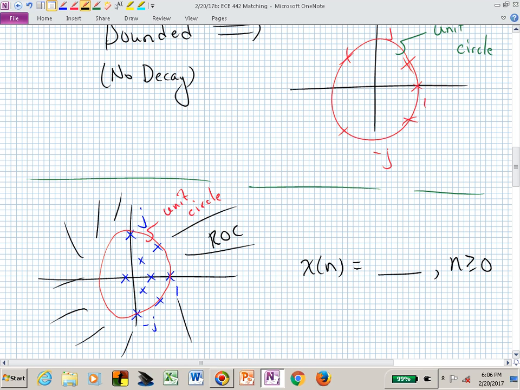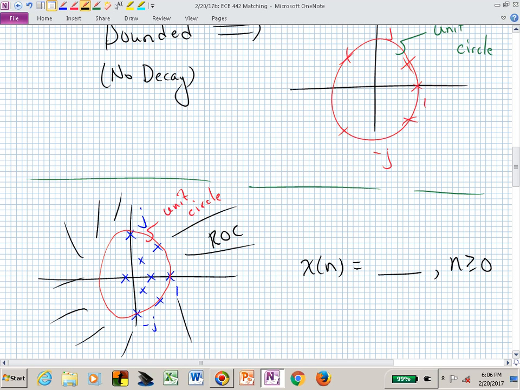What's it going to do? We're going to have many modes, yes? We have modes due to every pole, and the modes that are complex conjugate are going to be sinusoidal, but the ones inside the unit circle have a decay, correct? They're exponentially decaying sinusoids, sinusoids being cosines and sines. So all of those poles inside the unit circle are decaying. The ones on the unit circle, what do they